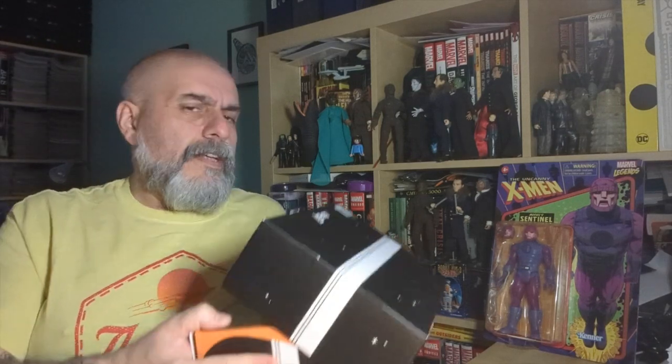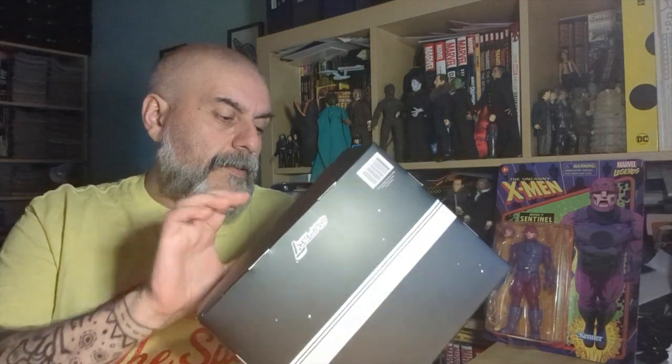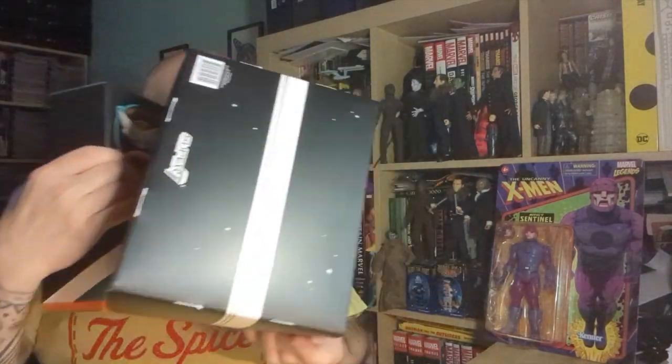I think it's one of those boxes that you need to have a degree in engineering to be able to open, because you need to open it backwards, if it makes any sense. So inside of this first box,